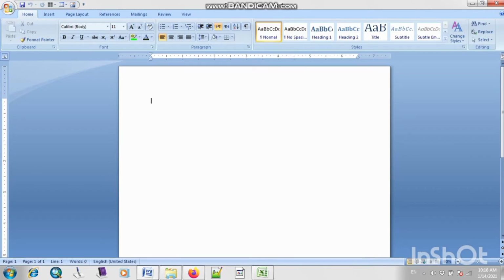For example, let me type here. In Microsoft Word I will type here, this is my class. So as you can see, I have typed 4 words. This one is 1, my 2, and class is 4. So I have typed 4 words, and right now I am typing on line 1. When I click on this option, as you can see, it is automatically converted into line 2, and right now I am working on page 1.